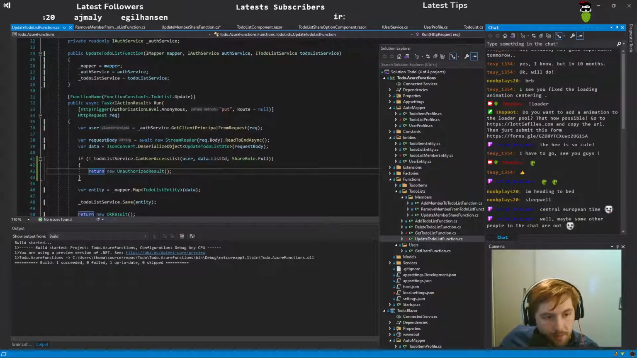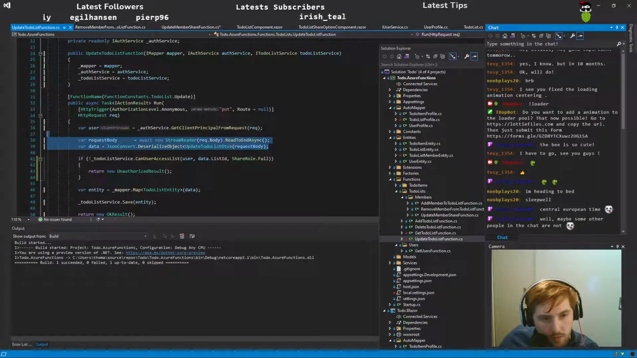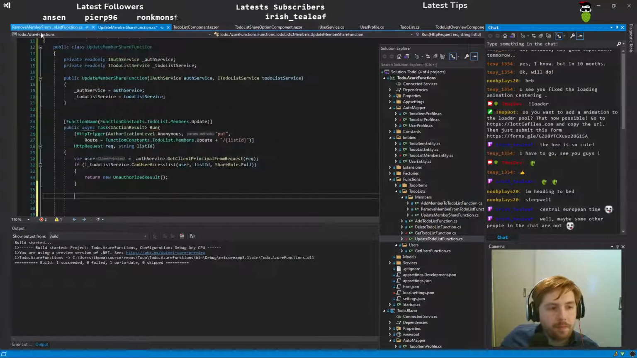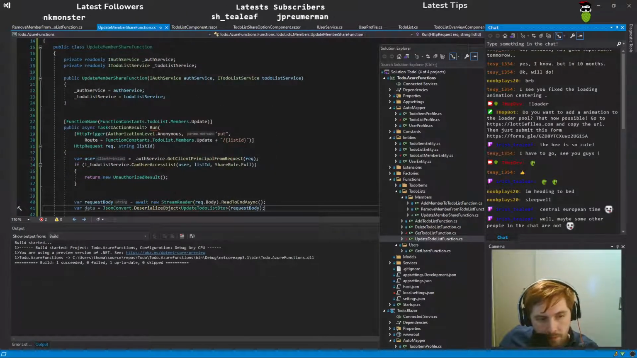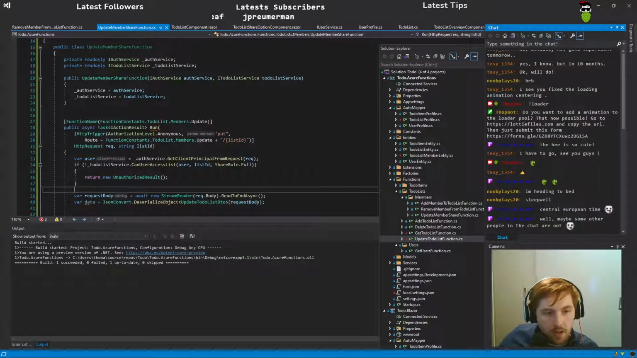That's better. But we can do this. The body should be the same. And we are sending